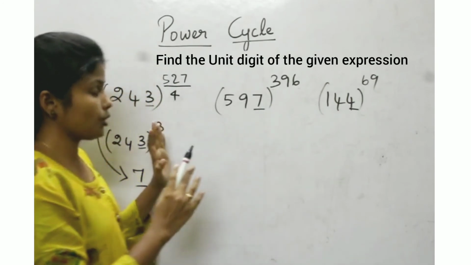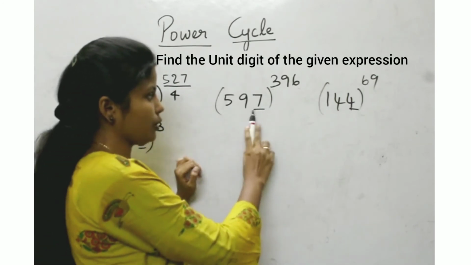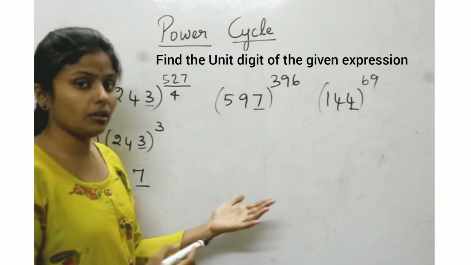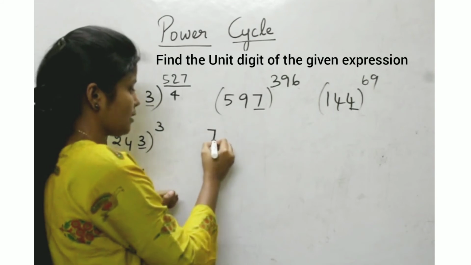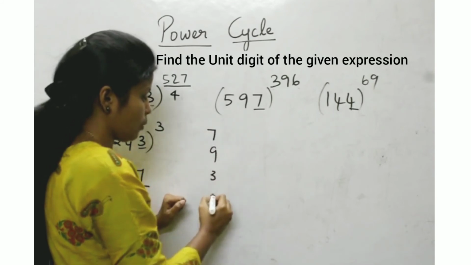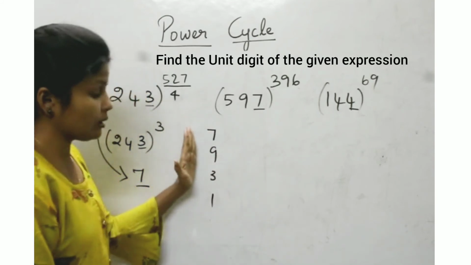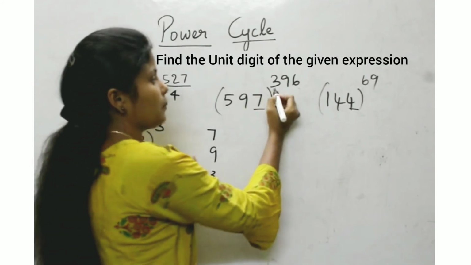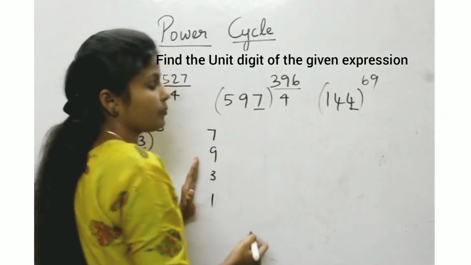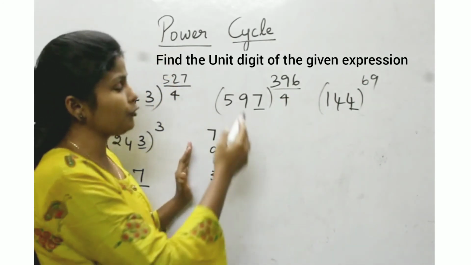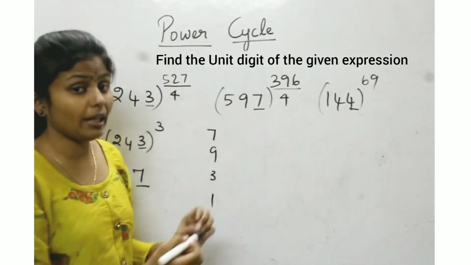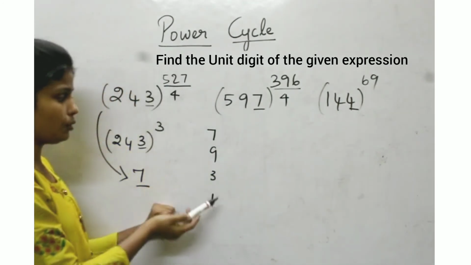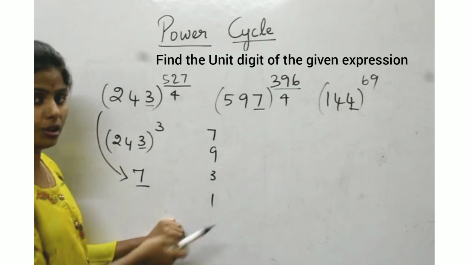As it's talking about the unit digit, we'll concentrate only on the unit digit 7. We very well know that the powers of 7 will have the unit digits as 7, 9, 3, 1. Now as the powers are repeating themselves for every 4 powers, divide the number in the power by 4 and take the remainder. If you divide 396 by 4, then you will be left with remainder 0. So if the remainder is 0, which of these numbers would be your unit digit?